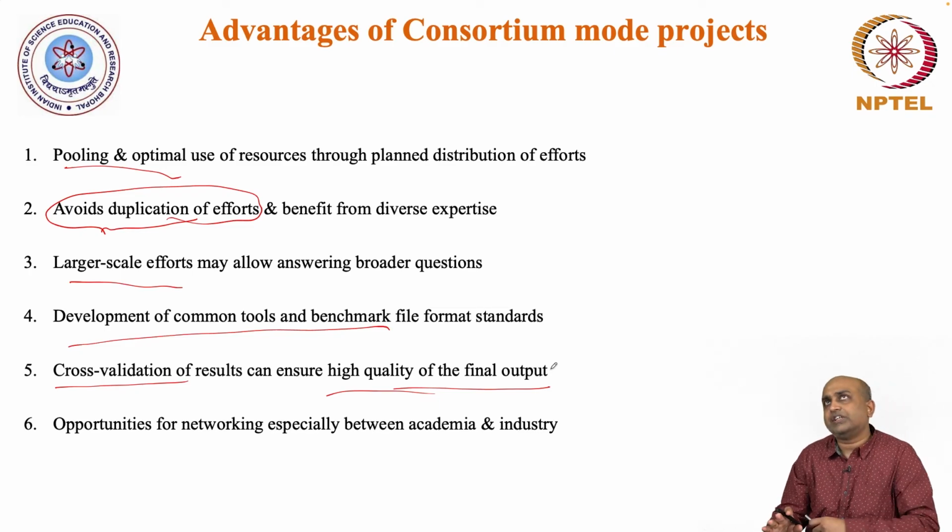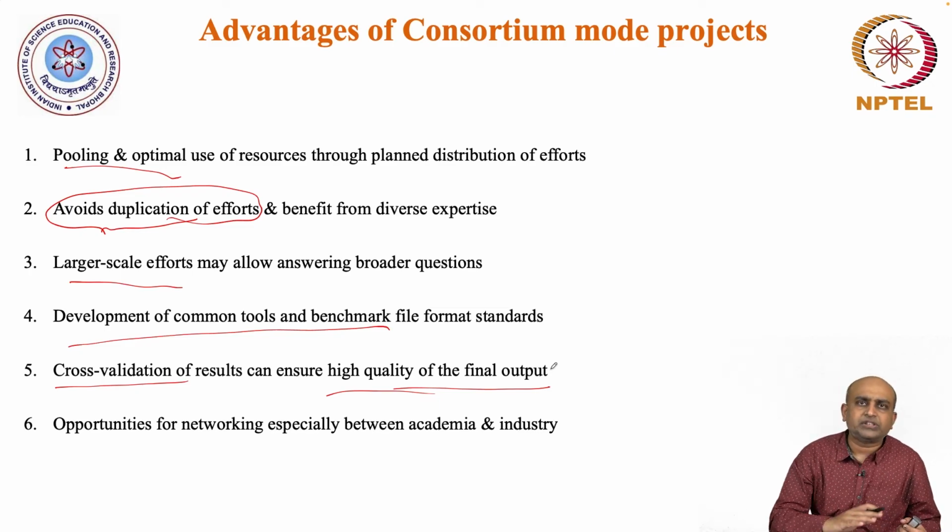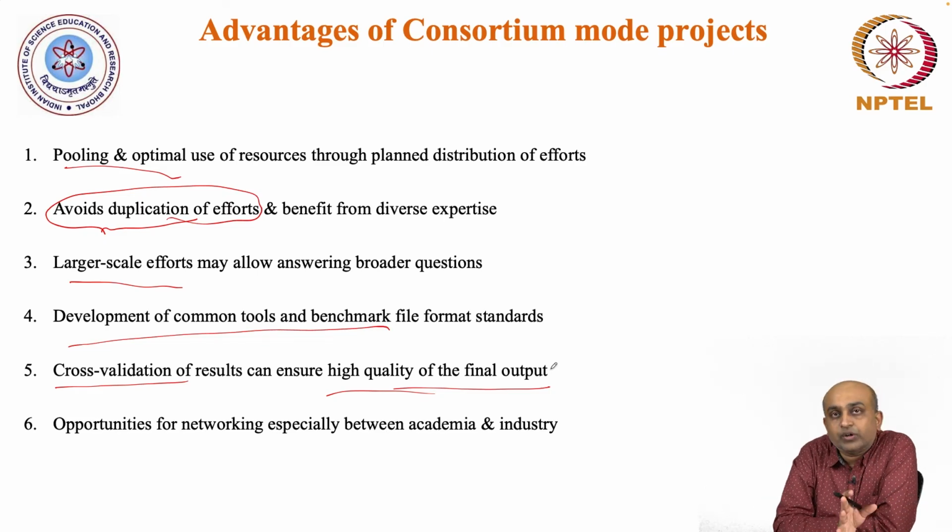Then another thing is you have these entities from industry, academia, all coming together. So there are a lot of opportunities for networking because people can then move from academia to industry and the other way around. So there aren't these artificial barriers because they are all working under this big umbrella project, and there is always networking going on between them, right? So these are some of the advantages when it comes to your consortium type of projects.